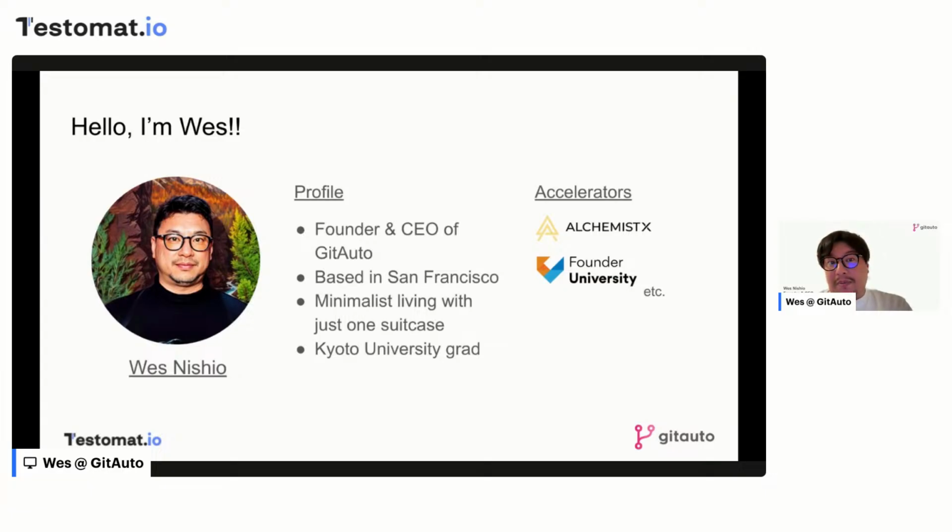Okay, a little about me, so you know the voice behind the slides. My name is Wes, founder and CEO of GitAuto, which is a QA coding agent. Before building this QA coding agent, I spent years inside other people's products and projects. And one project in particular shaped my thinking. It was a decade-old SaaS product written in PHP. Automated test coverage was